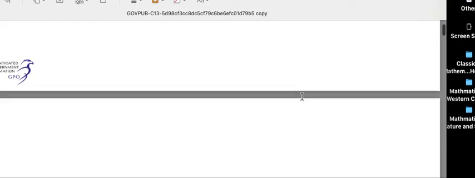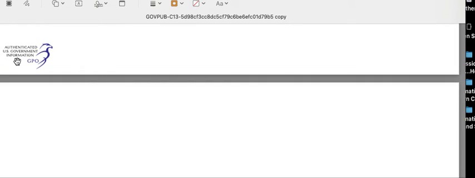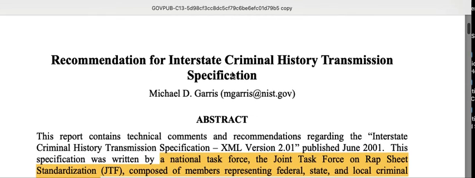So if we go down here, we look at, this is authenticated U.S. government information from the GPO, which is the Government Printing Office. So this is an official government document. And this is,